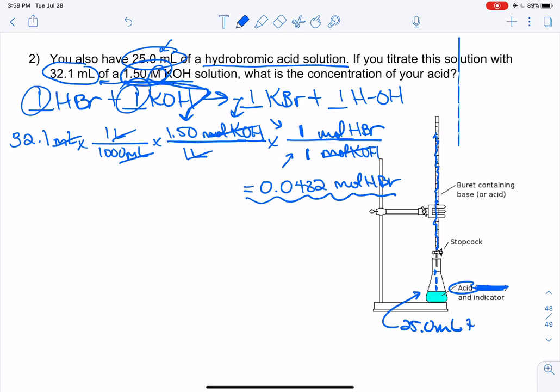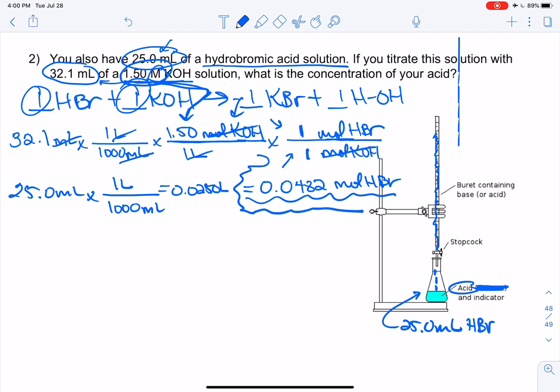So 25 milliliters of a hydrobromic acid solution, and that needs to be changed into what? Into liters. So 1 liter, and that again is going to give us 0.0250 liters. Okay, so we're going to put both of those together, and we're going to have 0.0482 moles of HBr divided by 0.0250 liters, and that will give us